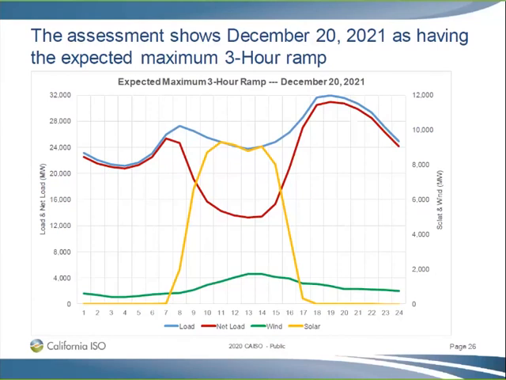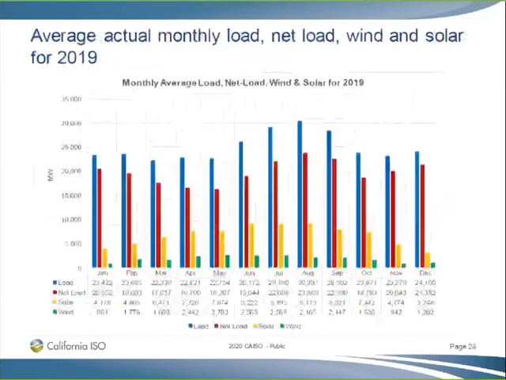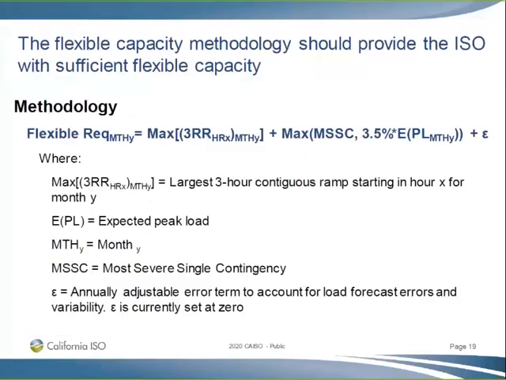Hi, Clyde. Back on slide 19, I had a quick question for you about the error term piece. I just wanted to understand a little bit more about it. It's currently set at 0. Could you expand on that a little bit? Explain whether the CAISO has ever used that term at a non-zero value, and if so, what kind of magnitude, that sort of thing.